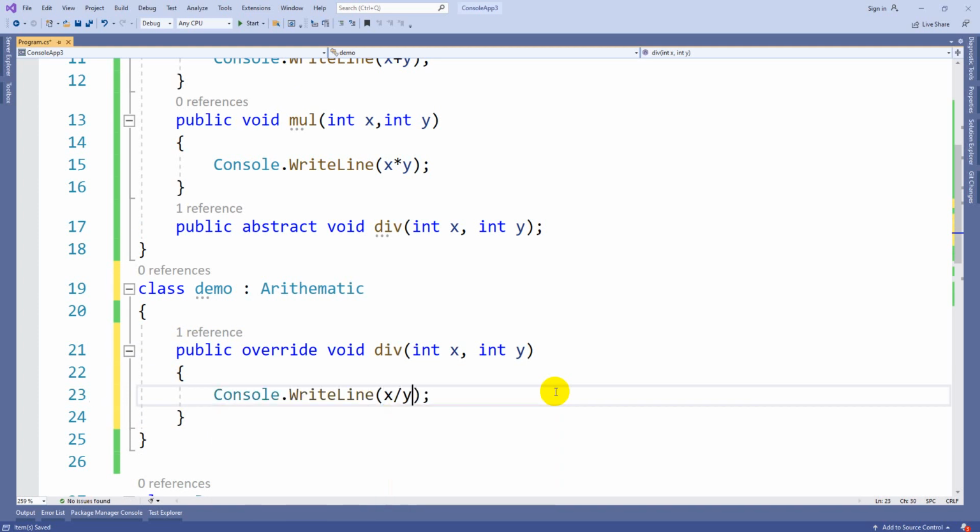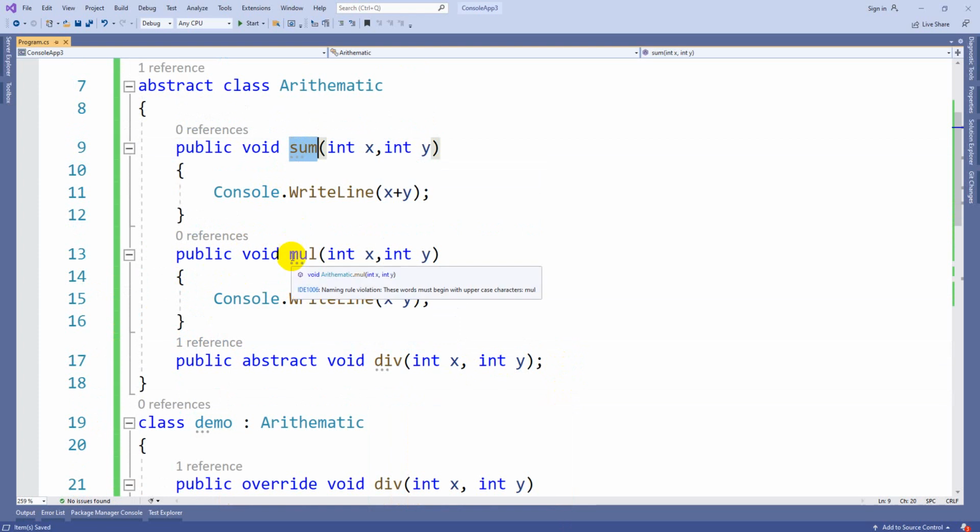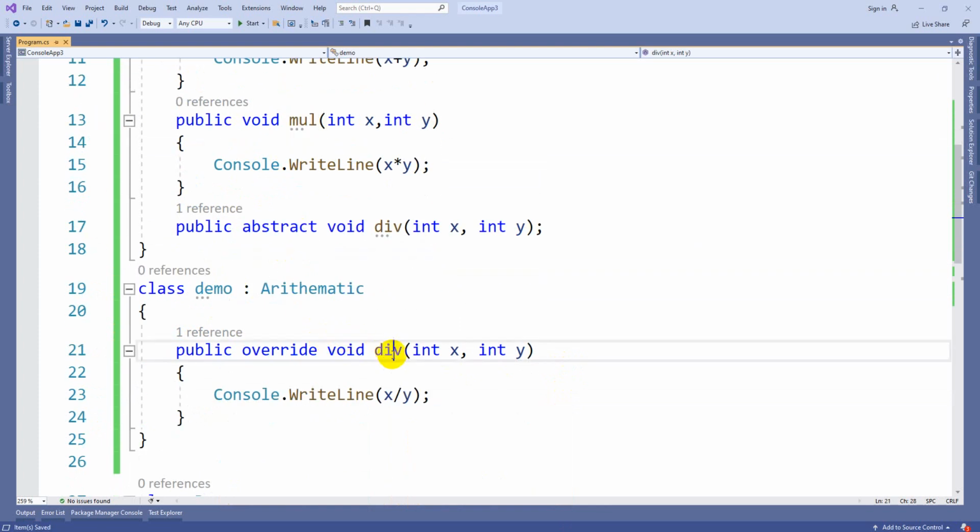So here, x by y. Now it will become a complete class. By using an object of Demo, I can call the sum method, the multiplication method, and the div method also.